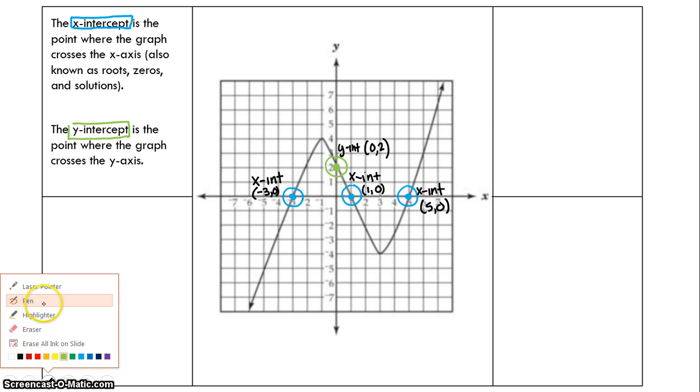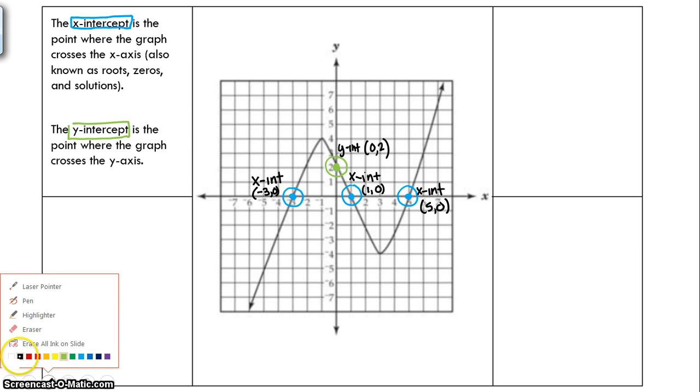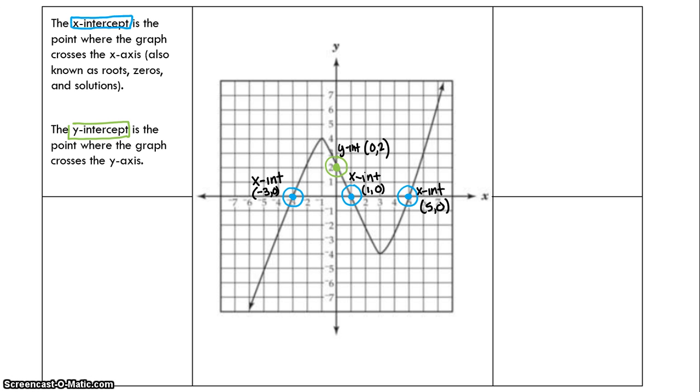Okay. So x and y intercepts are not something brand new. We've definitely done that before. But just realizing that we may have different amounts of those as we increase the difficulty or complication of our graph. All right, our second characteristic, we're going to go to the bottom left side here, which is the one